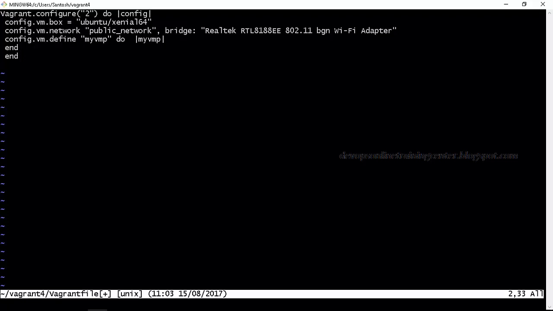So now I want to bring up the Ubuntu 16.10 operating system. I have Vagrant installed, I have Git installed, and I also have Oracle VirtualBox installed. Now I have this Vagrantfile, which is Vagrant.configure, this is version 2, and the box name is Ubuntu Xenial 64. So I want to have a VM with Ubuntu Xenial 64, and this we'll see later. The name of the box is something we can give, my VM box or something.